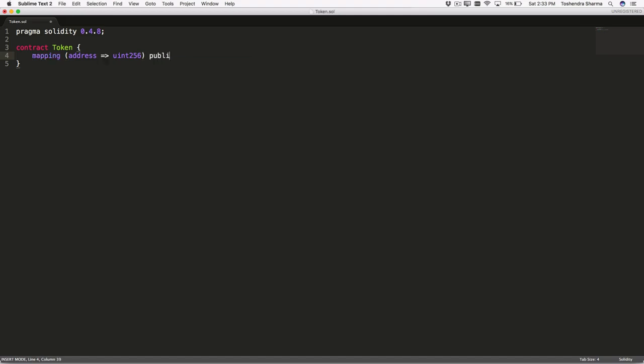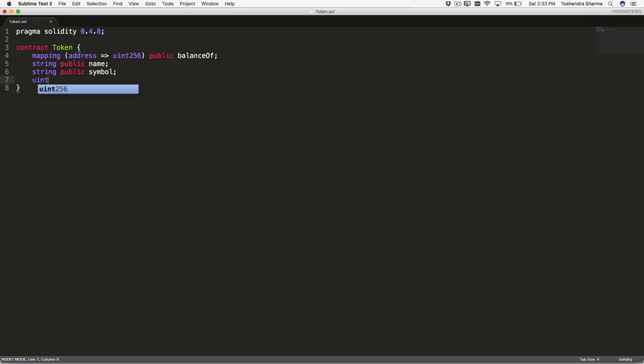So let's create the type of the variable as public and call it balanceOf. And then next let's create a variable which will hold the name of the currency. So let's call it name, and let's call another variable which will hold the currency symbol. Let's call it symbol.